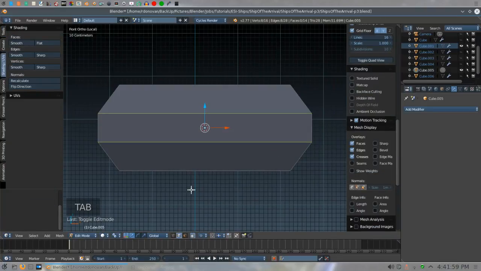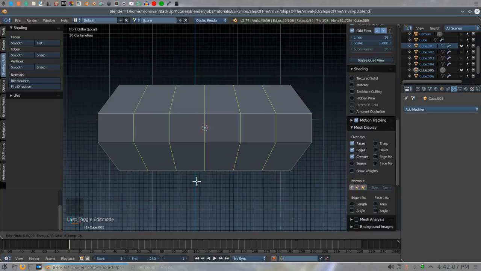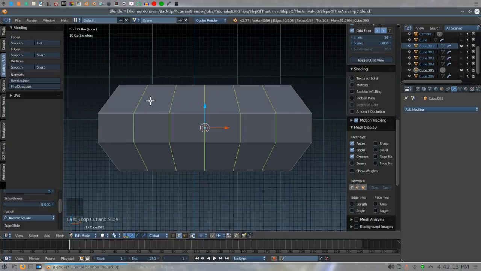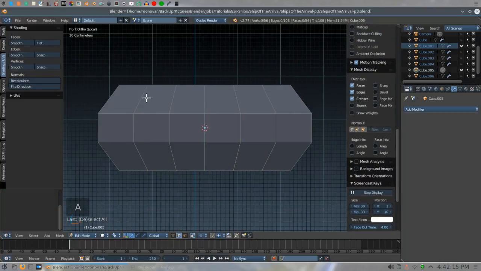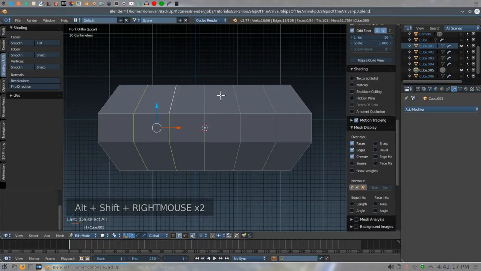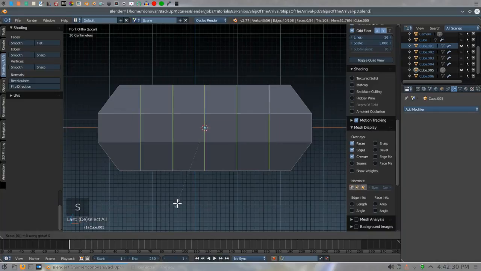Back into edit mode here. We're going to add 5 vertical loop cuts. So Control R. That's 1, 2, 3, 4, 5, like so. And double left click without moving the mouse. From there, we're going to go ahead and hit A to deselect. And then Shift Alt right click. We're going to select all of these again. With individual origins selected, I'm going to do Scale X 0, straighten them all up,